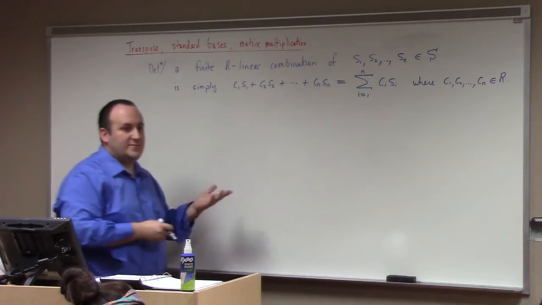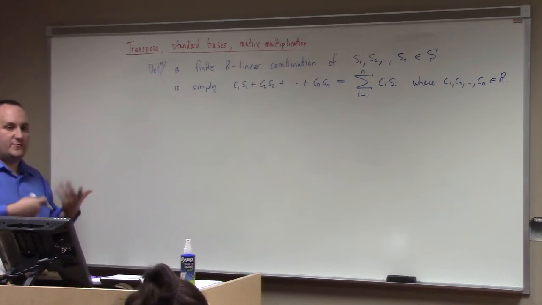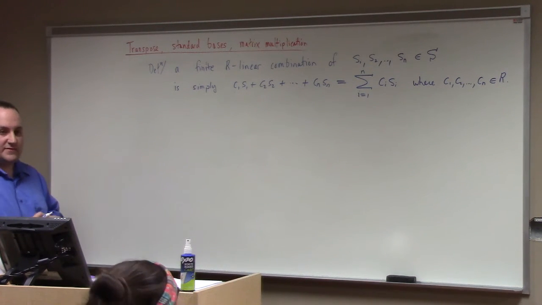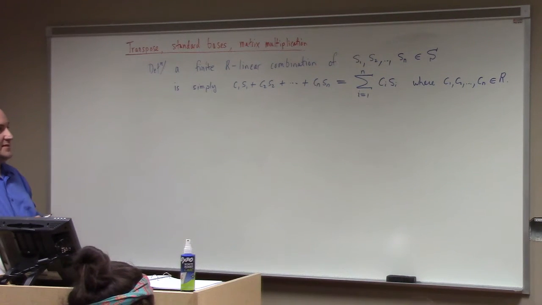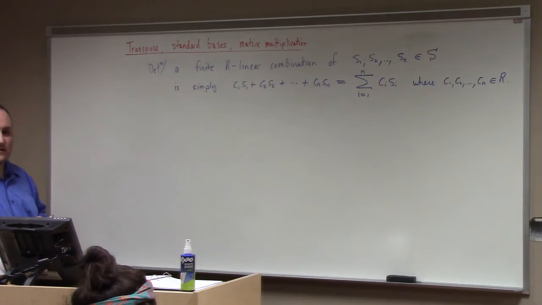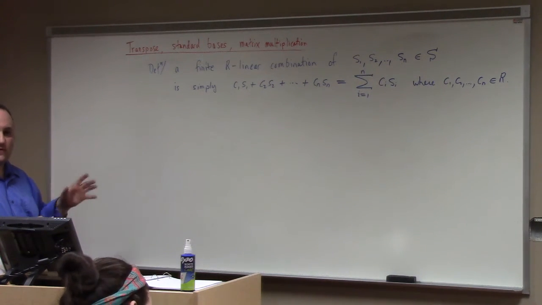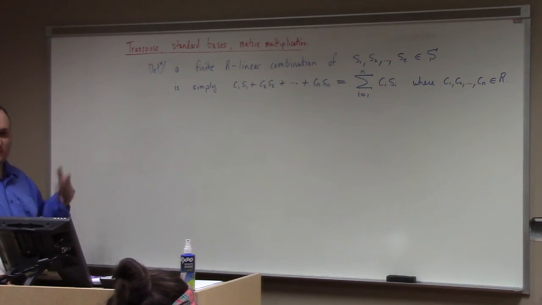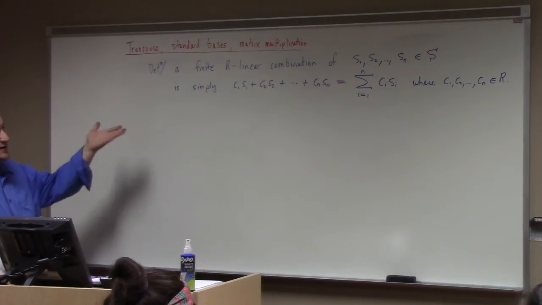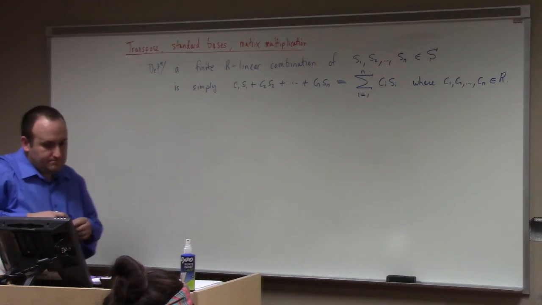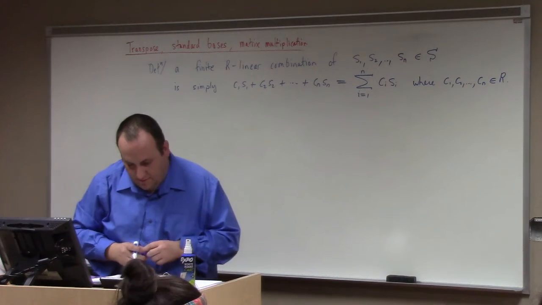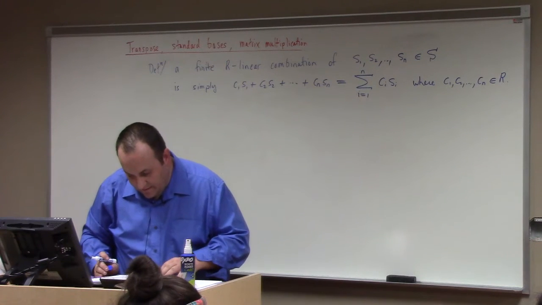Now, I'm being a little bit vague here. For this to make sense, there must be some way of adding scalar multiples of the objects together, all right? In particular, we'll look at this in the context that the set S has things like vectors in it, or matrices, or functions, different objects where we have some notion of multiplying, either by real numbers or complex numbers or some other thing. But this is, generically speaking, what a linear combination is, okay? You could perhaps call it a weighted sum, right?